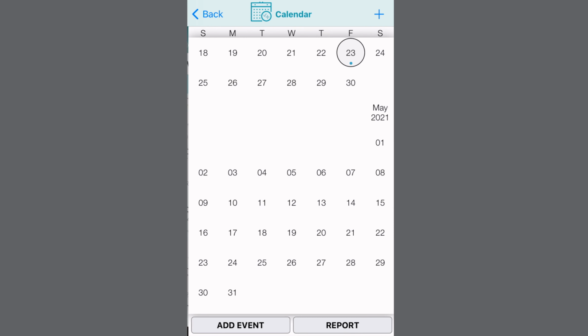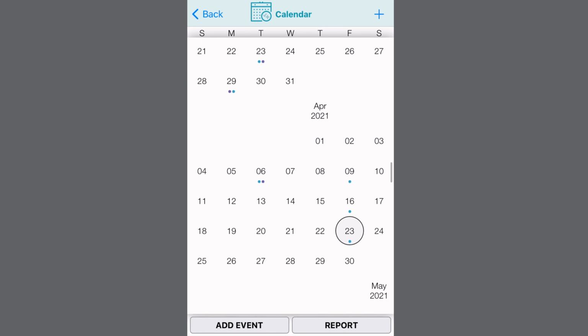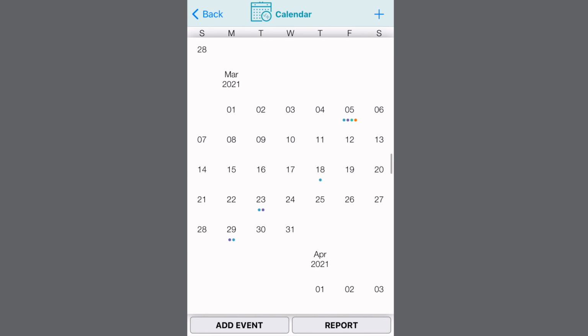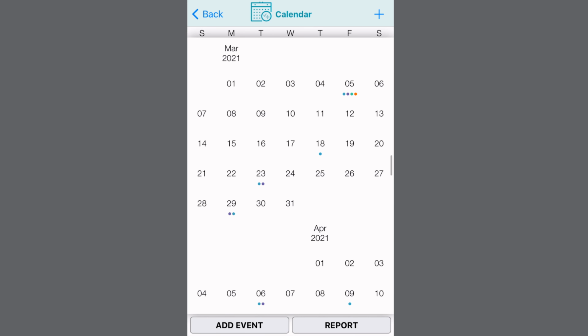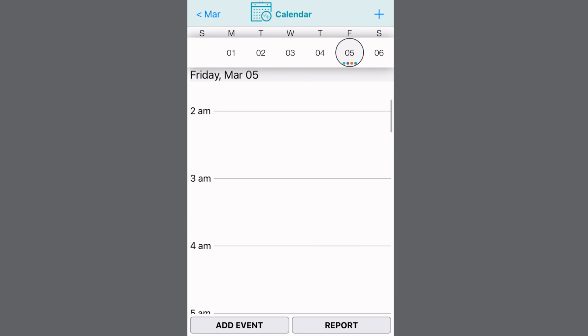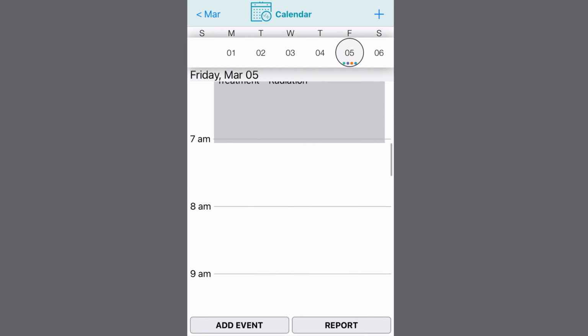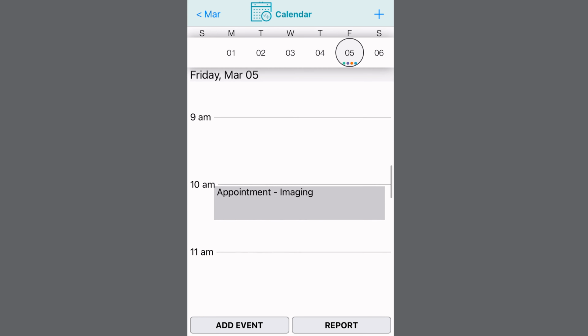Calendar screen on the app with an image of a journal and calendar to include appointments and treatments with the button View and Add Event. Calendar separated by month, then day. On this screen, you can scroll up to find where you have logged activities. If you click on the date, you can find the hourly breakdown for your day that will include the treatment and appointment events for that day.